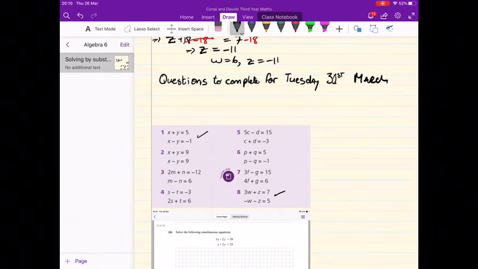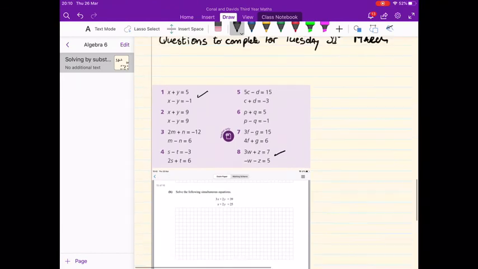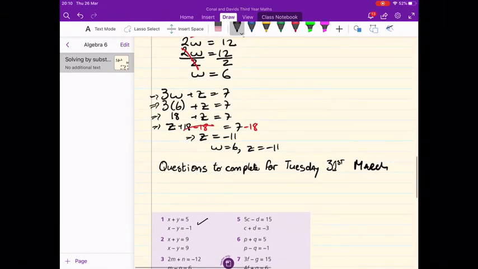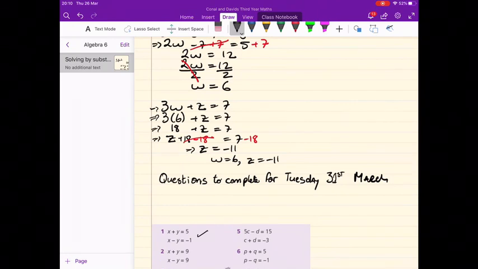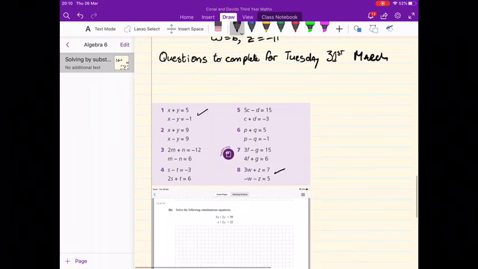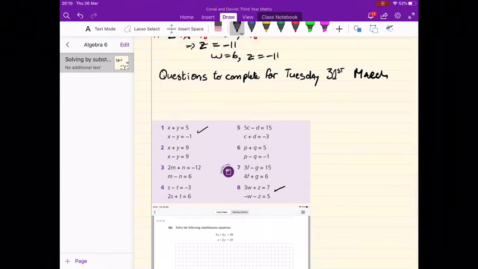Now, the questions you guys are to complete by the 31st of March are these 8 questions from your book and then this one exam question. Now, these 8 questions from your book, I've already completed question 1 and question 8. You should be able to write them out and solve them for yourselves using the steps I took. Then you should try